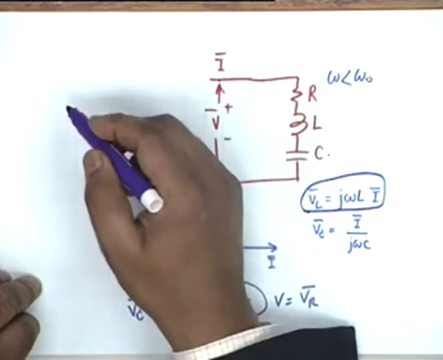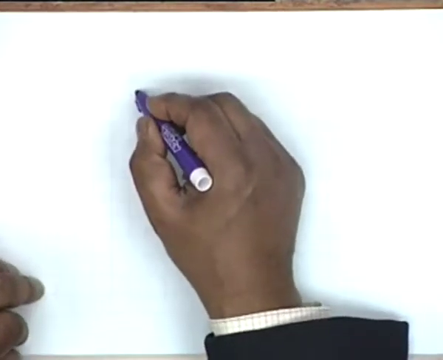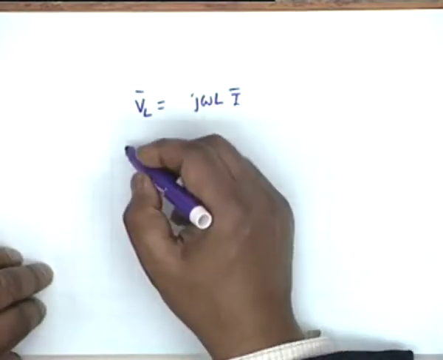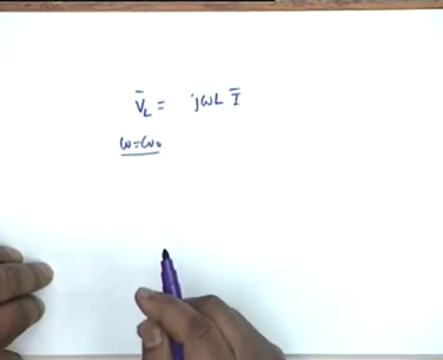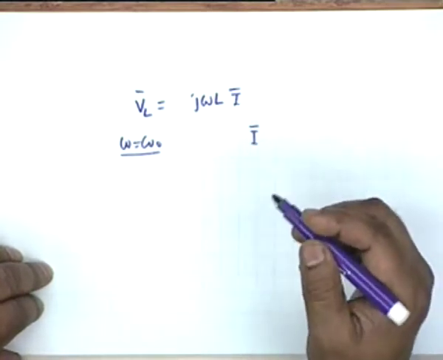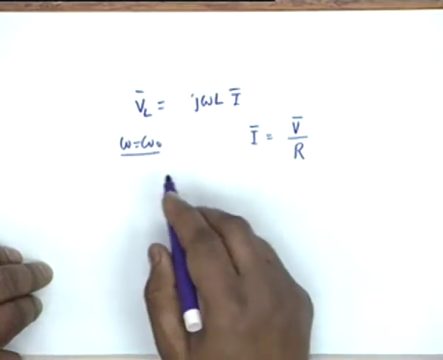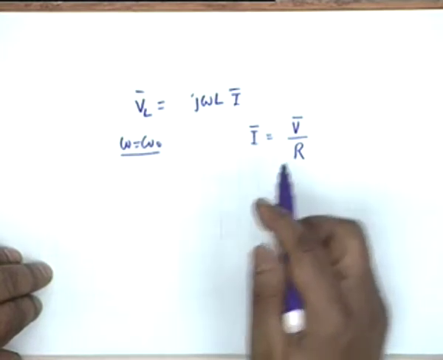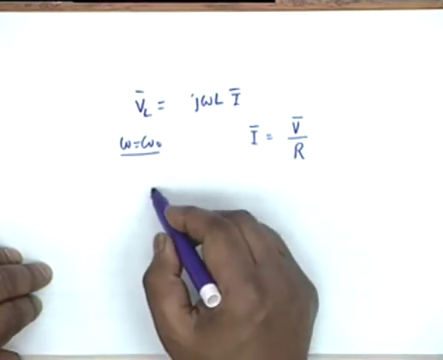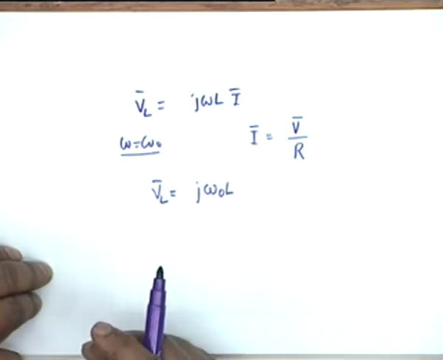Now under series resonance, a very peculiar thing occurs. If you consider the VL phasor as j omega L I, this is in general true. Suppose we consider the situation at resonance, that is omega equal to omega 0. Under this condition, I is in phase with the voltage, and therefore I shall be equal to V by R. Under resonance, the impedance is purely resistive, therefore the current phasor is simply given by the ratio of the voltage phasor to resistance,